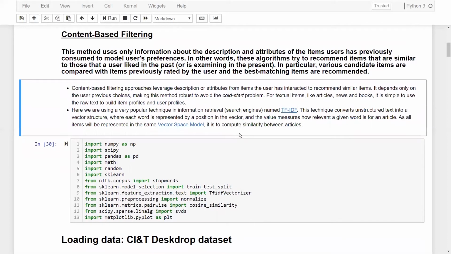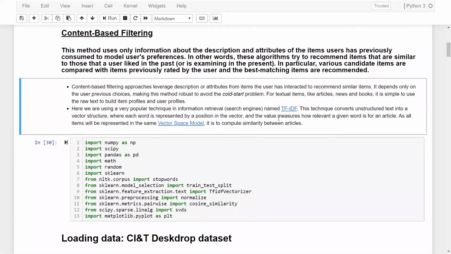So here we'll use a very popular technique which is used in information retrieval, which we call the TFIDF technique. So TF stands for term frequency and IDF stands for inverse document frequency. So we'll see what these things are and how we can use this to implement our content-based filtering model,